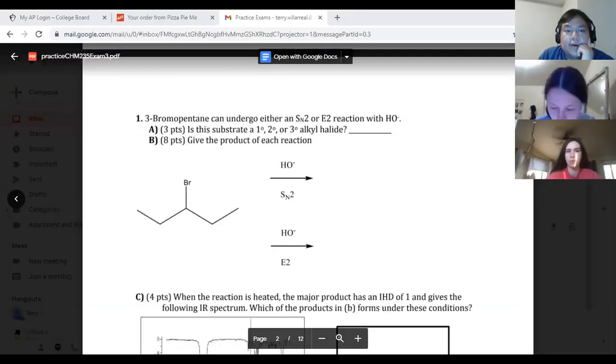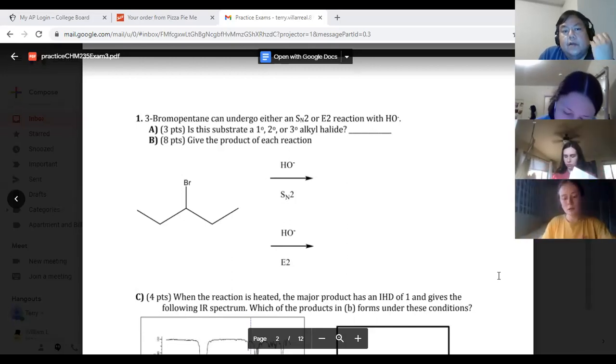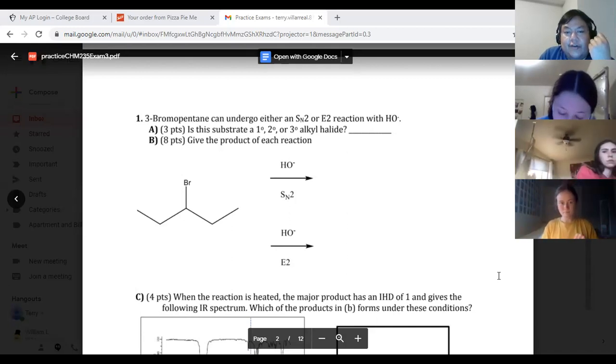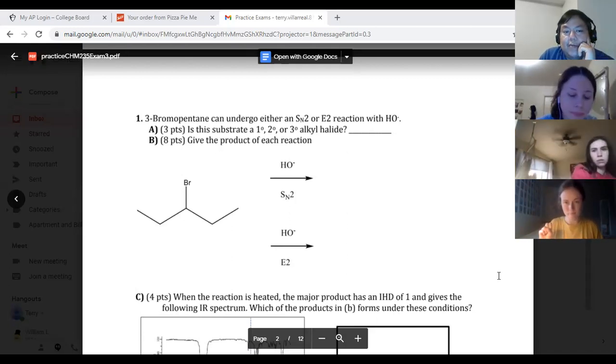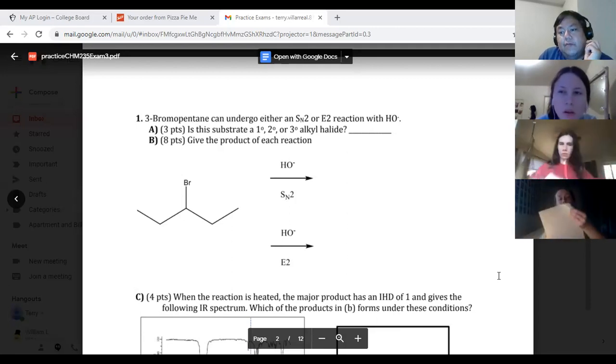Okay. 3-bromo pentane can undergo either an SN2 or E2 reaction with HO minus hydroxide. All right, so the first question, is the substrate primary, secondary, or tertiary alkyl halide? And part B is give the product of each reaction. So go ahead and work on that for about a minute. Come up with your answers, and then we'll go through it and we'll walk through to make sure you're getting